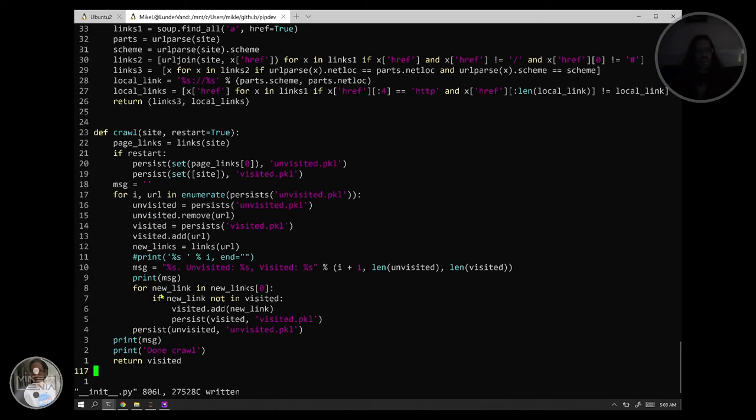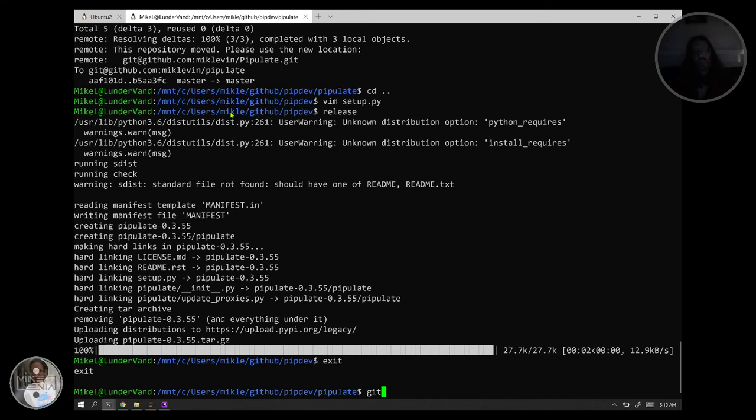I'll probably do a list of lists again here, where it's both visited and external, something like that is what's coming up. But before I do that, this is a good place to commit, both in Pipulate